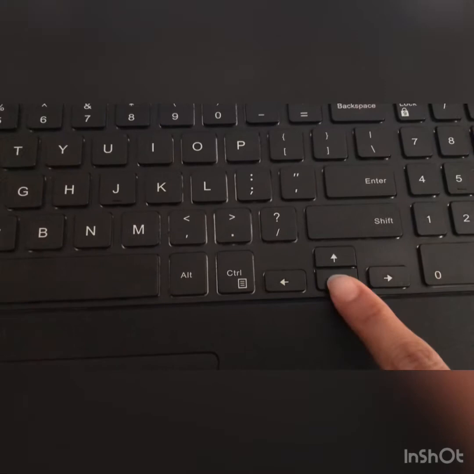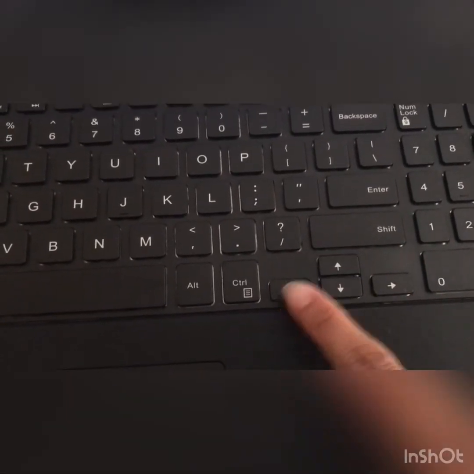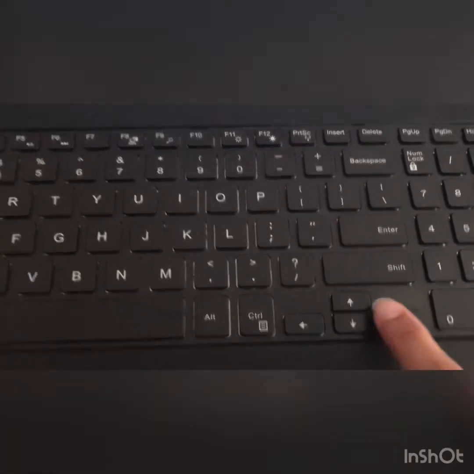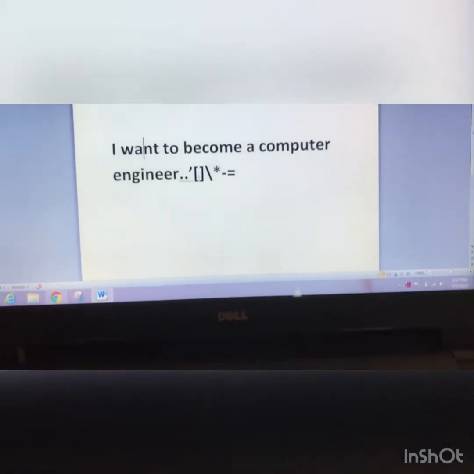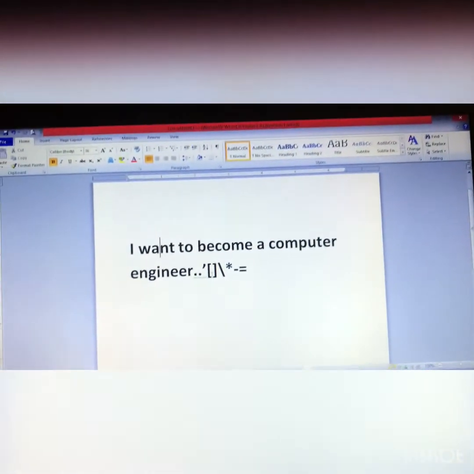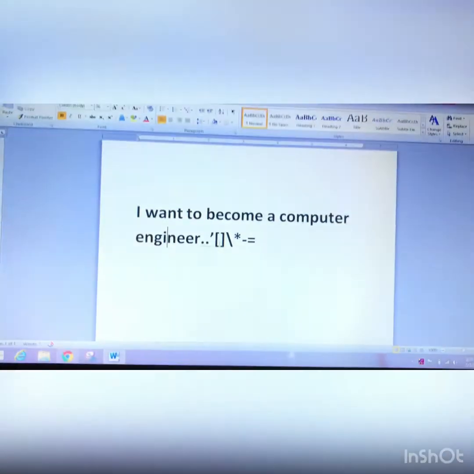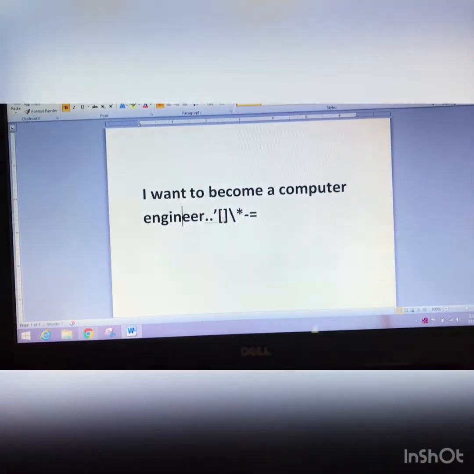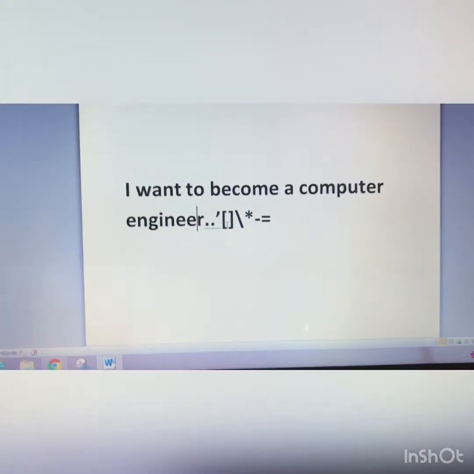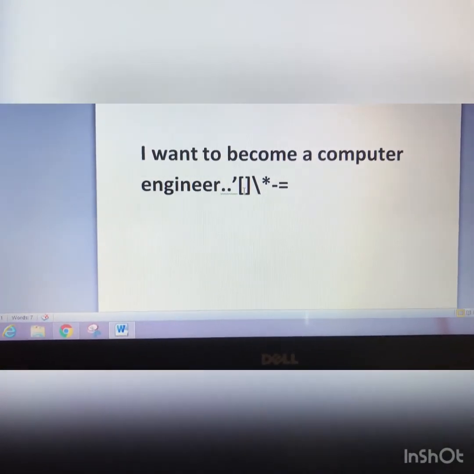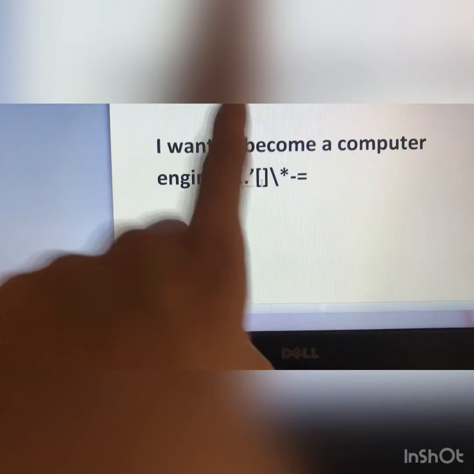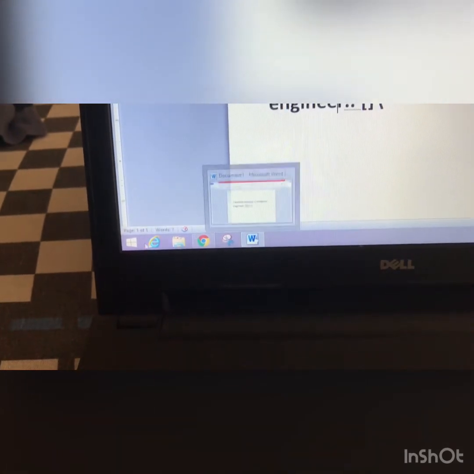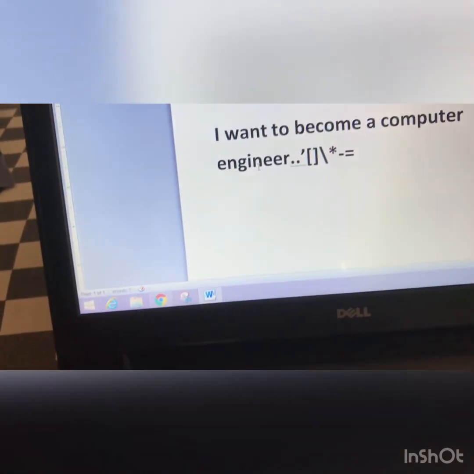So students, now you can see these arrows. We call these cursor keys. How does this look? Up, down, right and left. If I want to go up, I will use this arrow. If I want to go down, I will use this arrow. If I go to the right side, I will use this. If I want to go to the left side, I will use this key. So these are called cursor keys, and different types of symbols are there for this cursor that is blinking. If I go to some side, the cursor will change and look like this. If I go here, the cursor will change again.